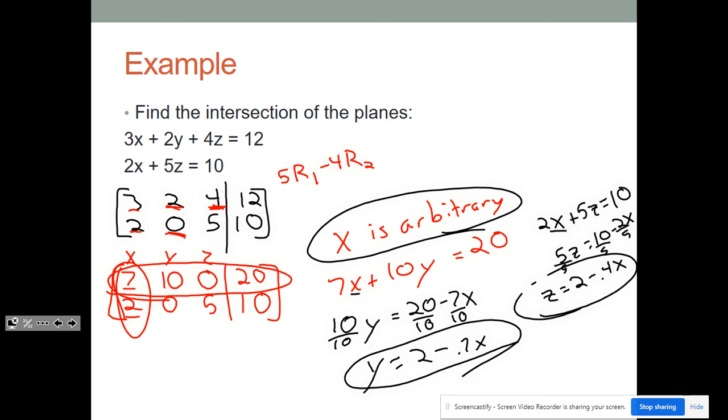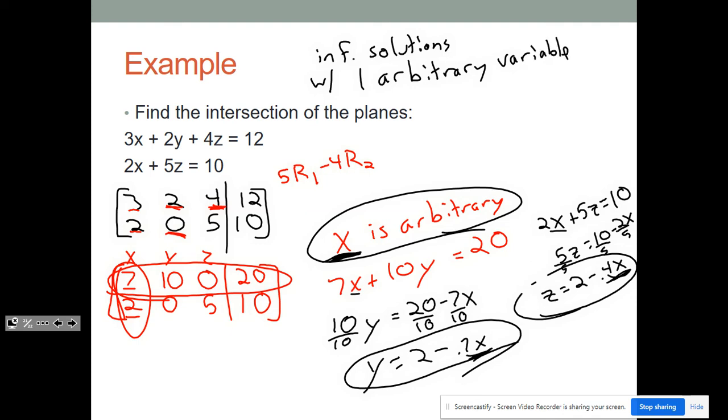Okay? Now, basically, long story short, what you'll see on a test is we have infinite solutions. How many arbitrary variables do we have? We have one, okay? Because x can be anything because it shows up in both equations. So we say we have infinite solutions with one arbitrary variable,